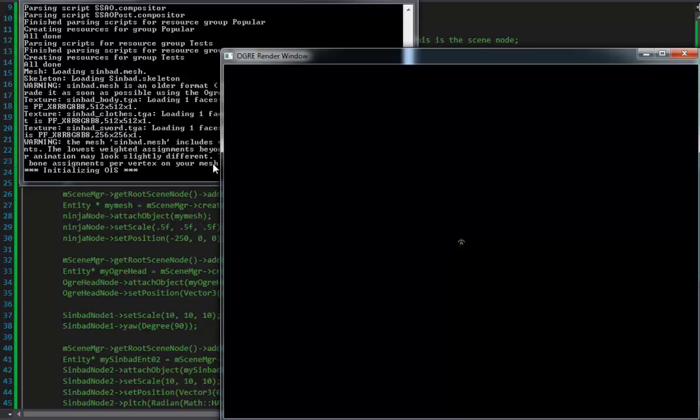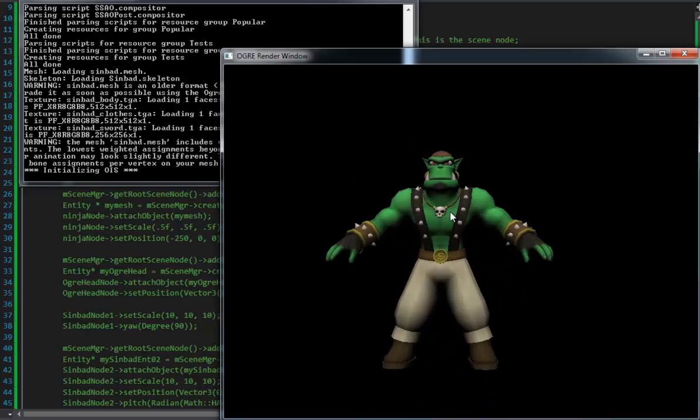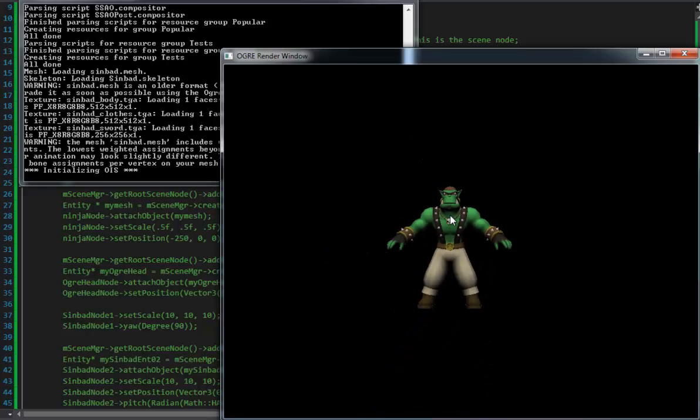Okay, so in order to see him, we actually would have to just drive in with the W key to be able to see it. Now, the node originally doesn't really have any kind of sizing or scaling. So basically the scale is 1. Its location, its position is at 0, 0, 0, the center of the world, which is where the root scene node is, and obviously its orientation